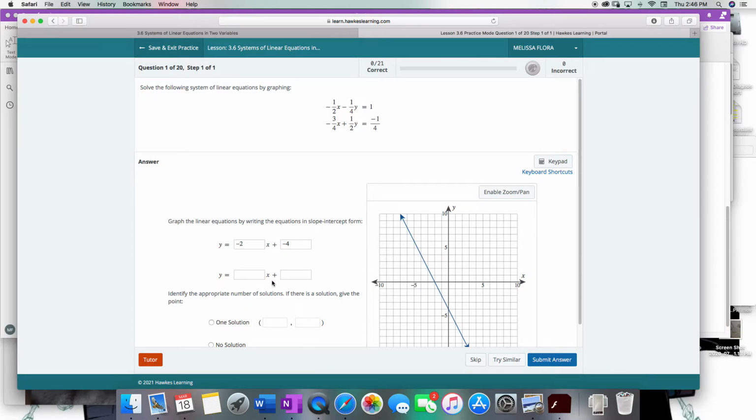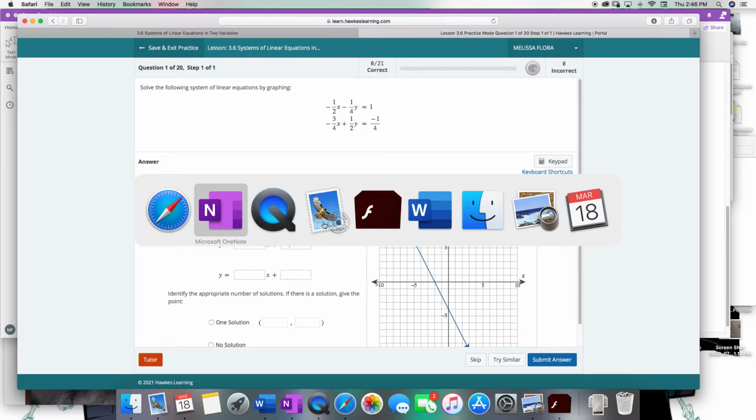When we finish with this other one, I will point out how you would get this graph if you were doing it by hand. In this problem, the emphasis is on finding the slope-intercept form and then using the graph to make a conclusion. But you know, if you were going to actually graph it by hand, you want to make sure you know how this graph is created. But going back,